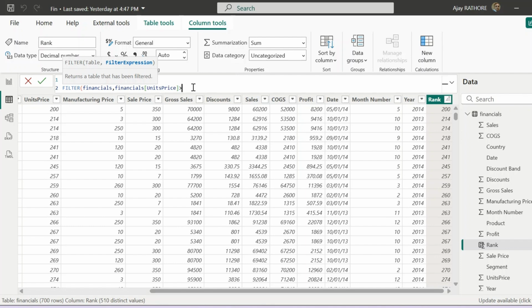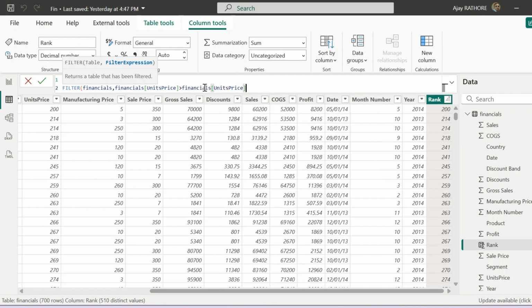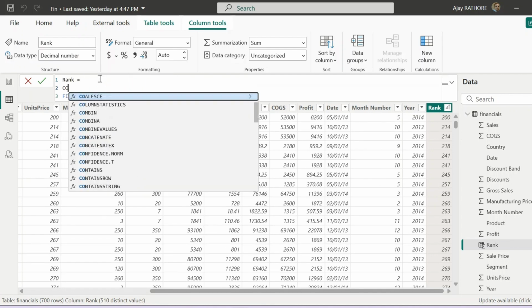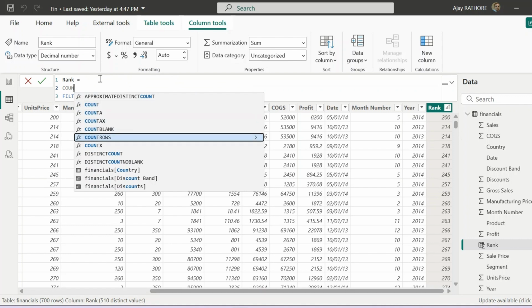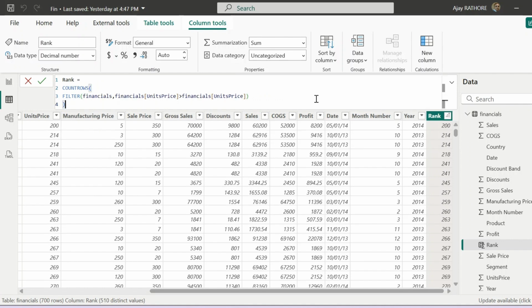If we write the same column reference here and try to count how many records using the current row function, then we will see, because of how this function works, we have one financial table, and it iterates over it row by row on unit price, checking whether the unit price is greater than the unit price.